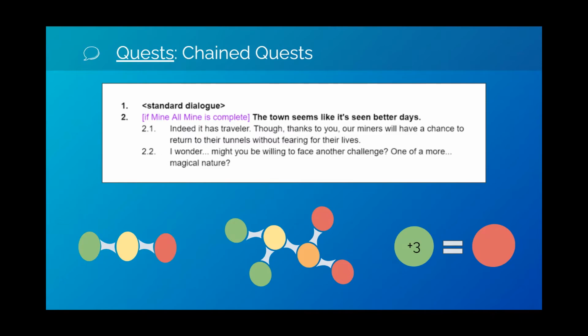So your actions within the quest line determine where the quest line goes next, and your actions at the beginning of the quest line lead you all the way to the end of it. So it becomes a web of quests, and it means replayability is a thing, because if you changed your mind in the orange one, you would lead to a different final side quest there. So chaining quests, lots of fun.